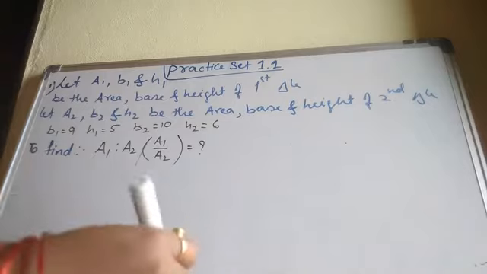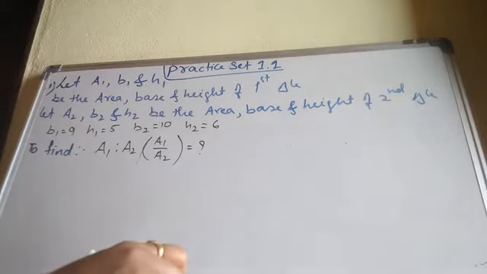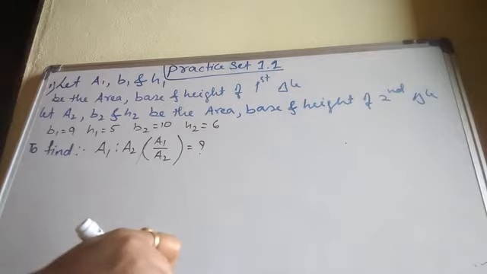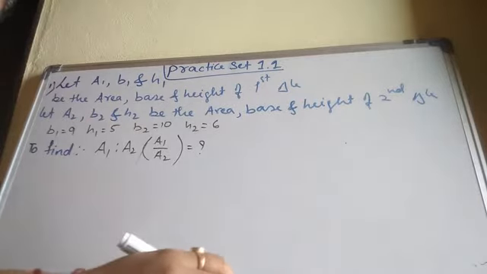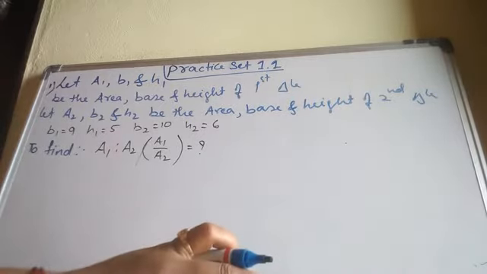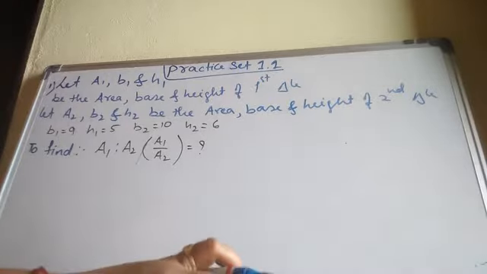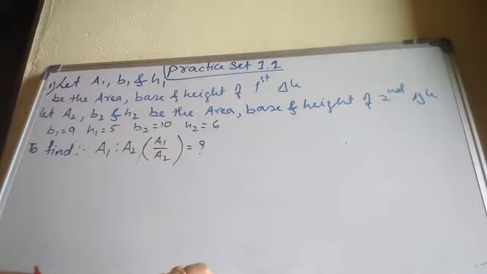Okay students? Whenever you are solving any question, first you write down the given, to find, and solution. Now, area of the triangle we know is half into base into height. Half gets cancelled, so directly you can write base into height. And one more thing: by seeing this question, it is related to your first condition. First condition statement: ratio of areas of two triangles is equal to the ratio of the product of their bases and corresponding heights. Why? Here bases and heights are different in both the triangles.